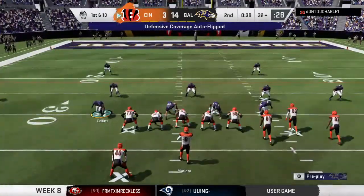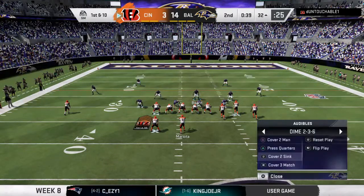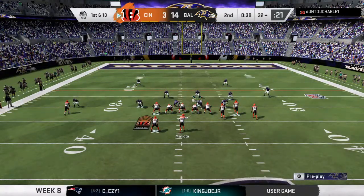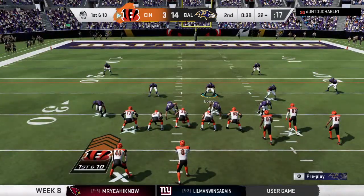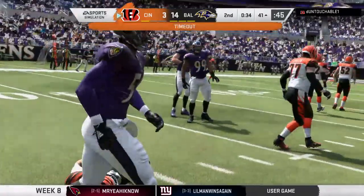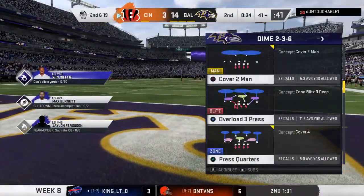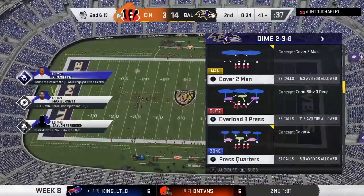So the big play changes the complexion of things. Here's 1st and 10 just outside the 30. Here's Mariota, and they get to Mariota as he's dropped on the sack. The Bengals are going to use the 2nd of their timeouts as the clock will stop with 34 seconds to go